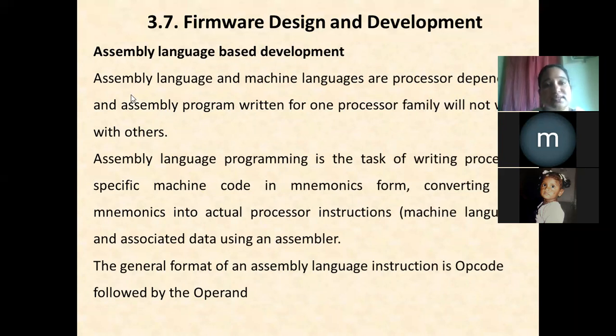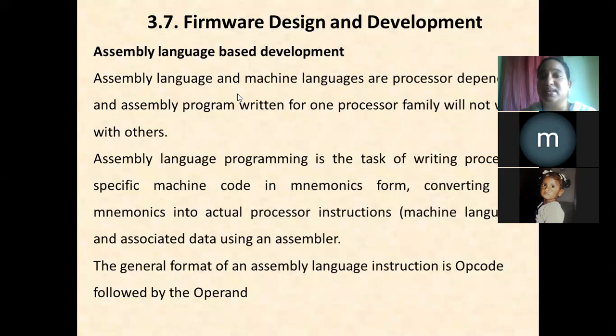Okay. So next, as we already discussed, assembly level languages are processor dependent. What do you mean by processor dependent? For example, if you are using the 8086 as the core of the embedded system, the mnemonics used for the 8086 are different. If you are using the ARM7, the mnemonics are different. For the 8051 they are different. If you are using another board as the core of the embedded system, the mnemonics are different. So we can say that it is a processor dependent language.